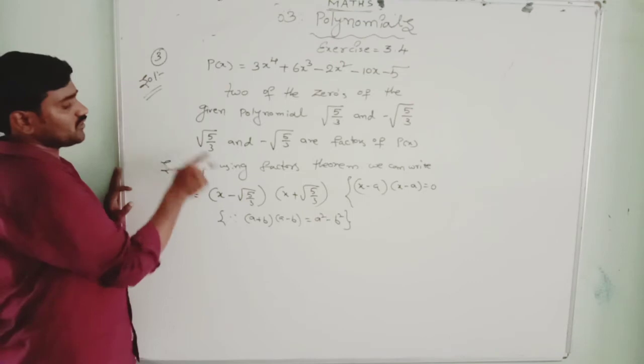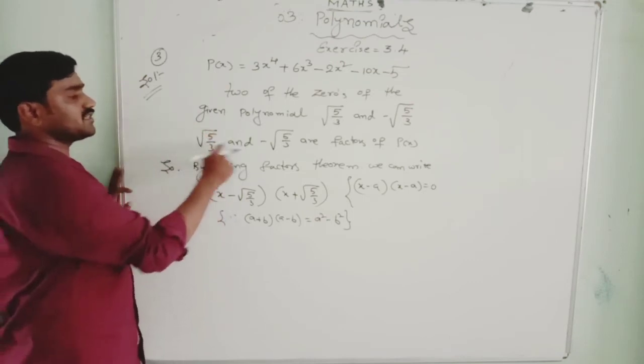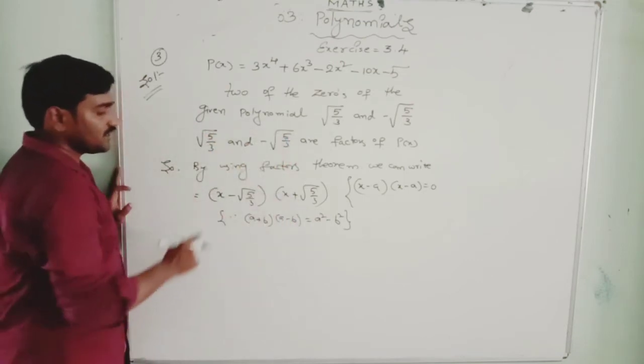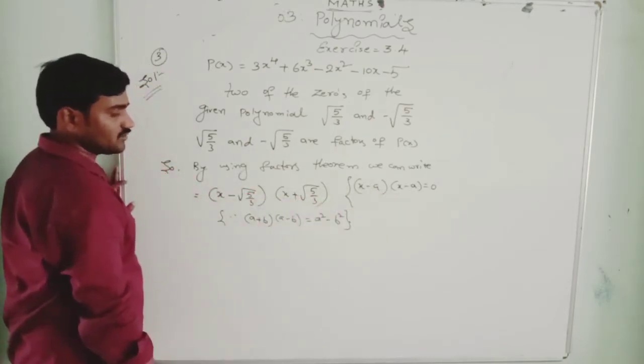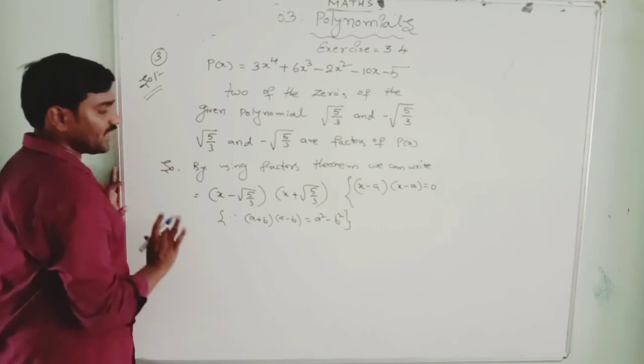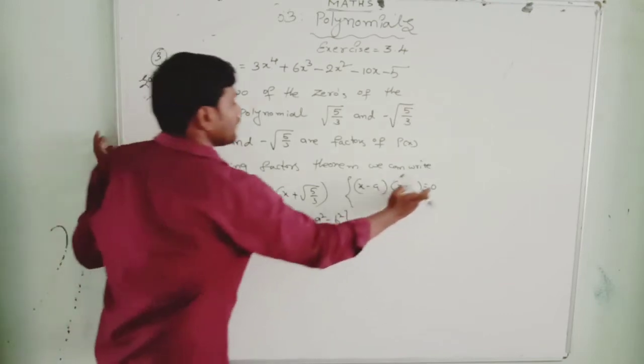See clearly, this we have to write like this. If any numbers are given like this, you have to write this one, in the form x minus a equal to 0. If you write in that way, only then can we do it. Okay. Then